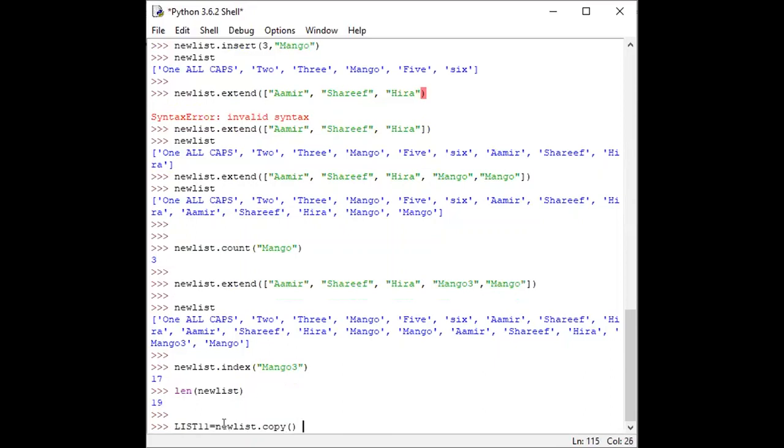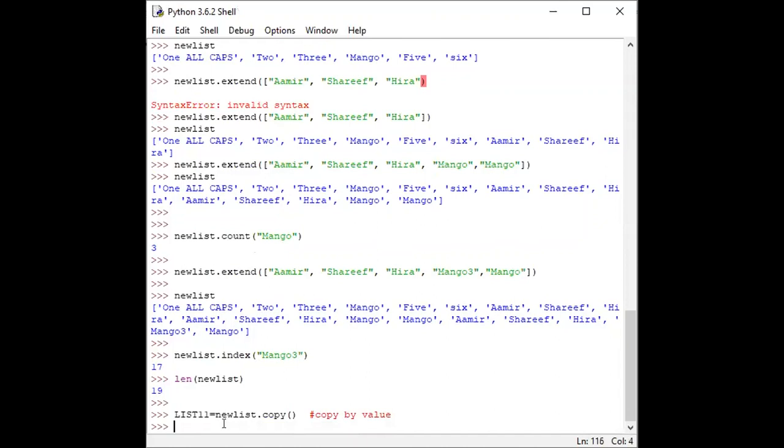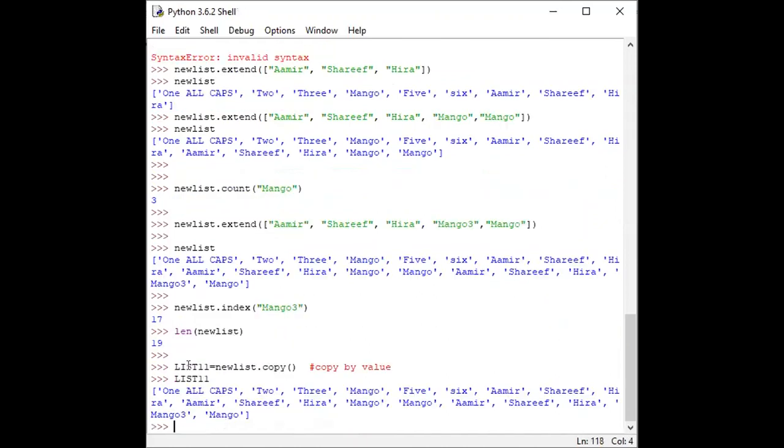This means copy by value, meaning all values are copied here. I can call here list 11. So we can now see that all values of this list are now present in list number 11.